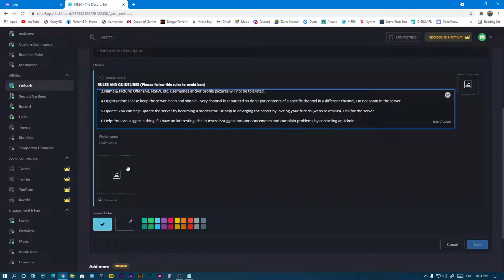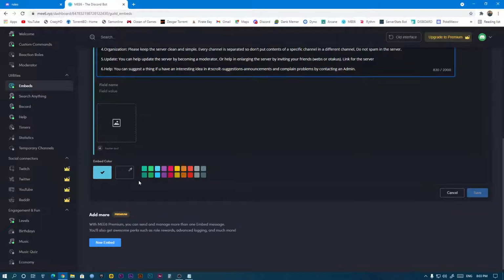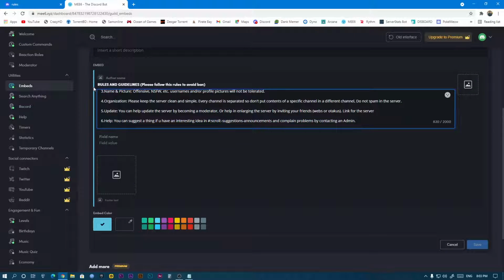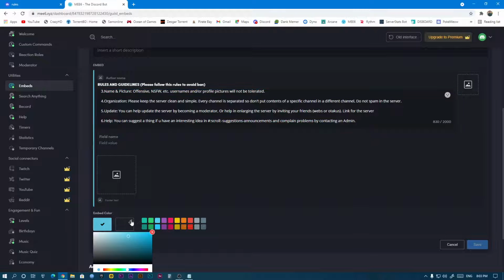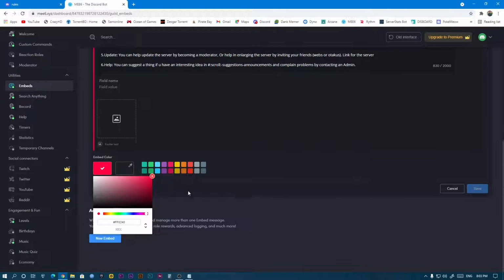If you want to give an image for the rules, you can add one, but I don't need any image or thumbnail, so I won't give it. And here is the color, so I choose red because red is best suited for rules.